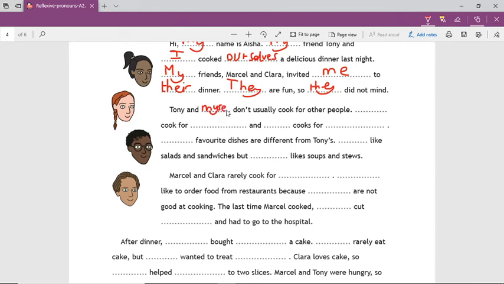Tony and myself don't usually cook for other people. Next up is plural, so it's going to be we cook for ourselves, because it's not cooking for other people, it's just cooking for themselves. We cook for ourselves,